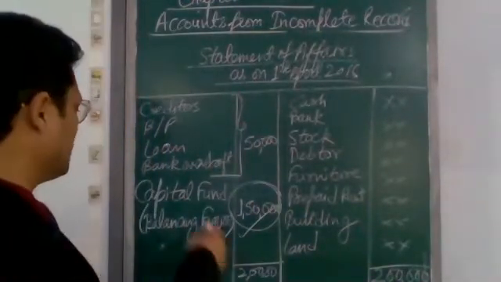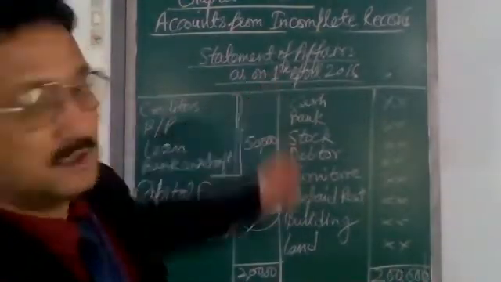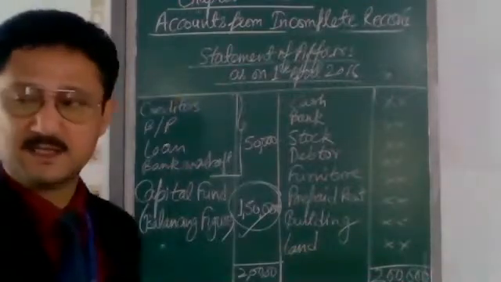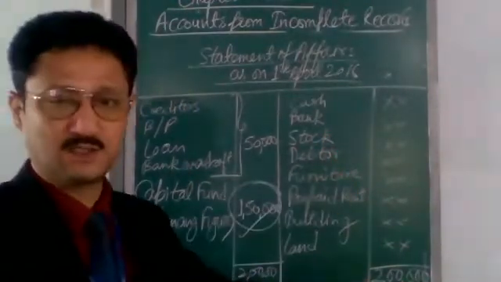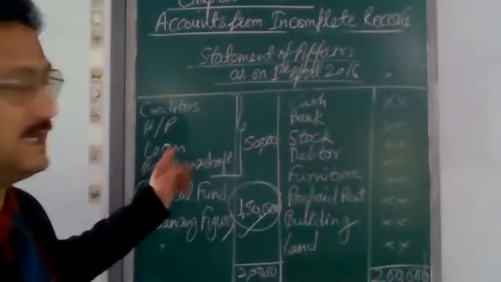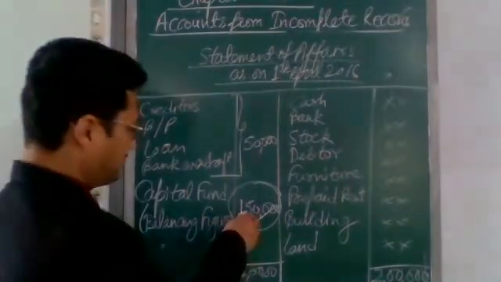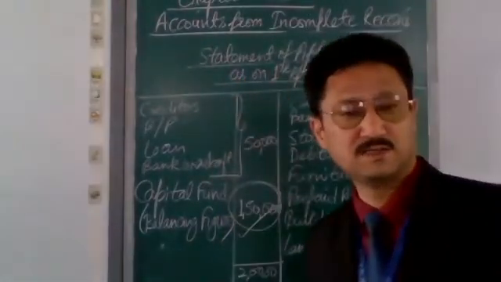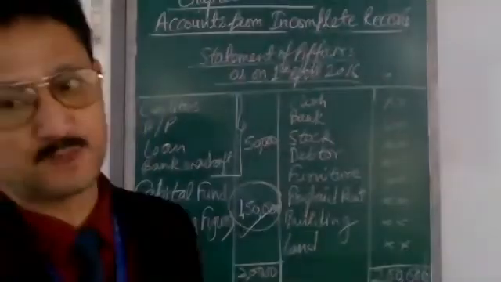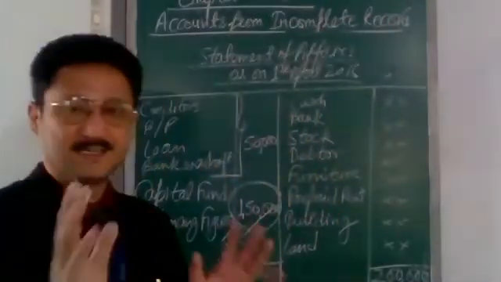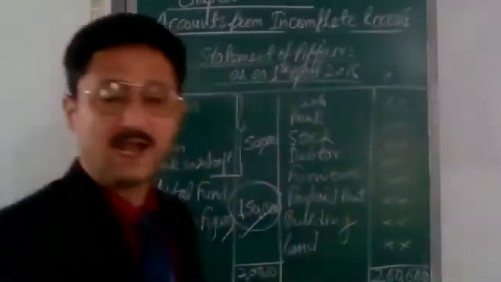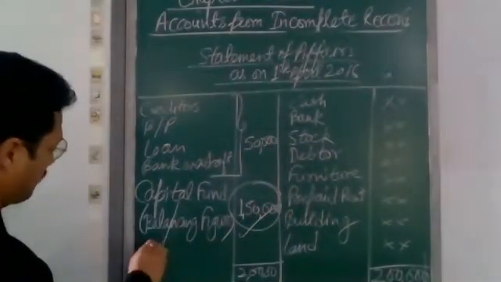You have to find out the capital at the beginning, and you will be given all the assets and liabilities. Separate them, write the assets on the asset side, liabilities on the other side, and find the difference. The difference you get is the opening capital. Why is it opening capital? Because it is prepared on the 1st of April 2016. Similarly, the assets and liabilities at the end of the year. This is here opening capital.